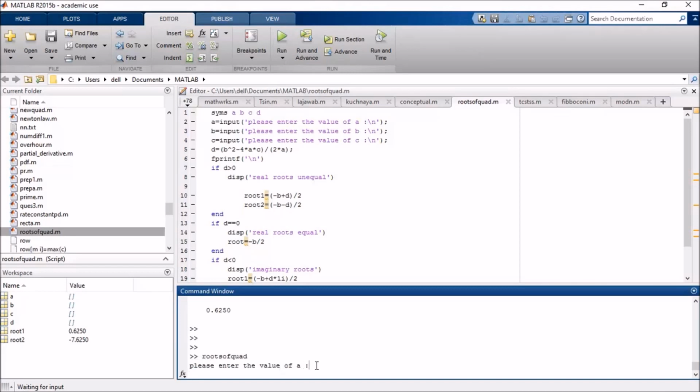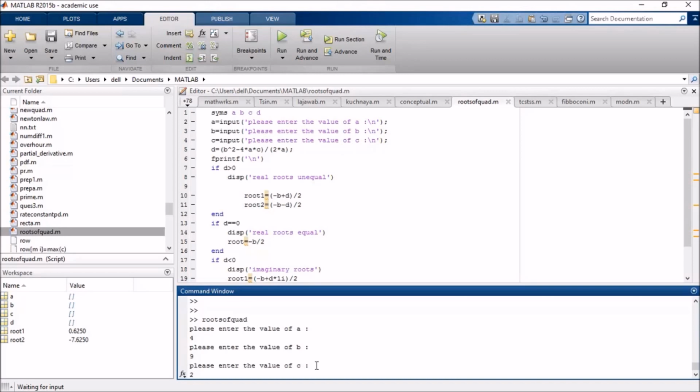For example, if I put the value of a as 4, now I am pressing enter. Now again it is asking me to enter the value of b. For example, if I enter the value of b as 9, it will again ask me to enter the value of c. For example, I put the value of c as 2.